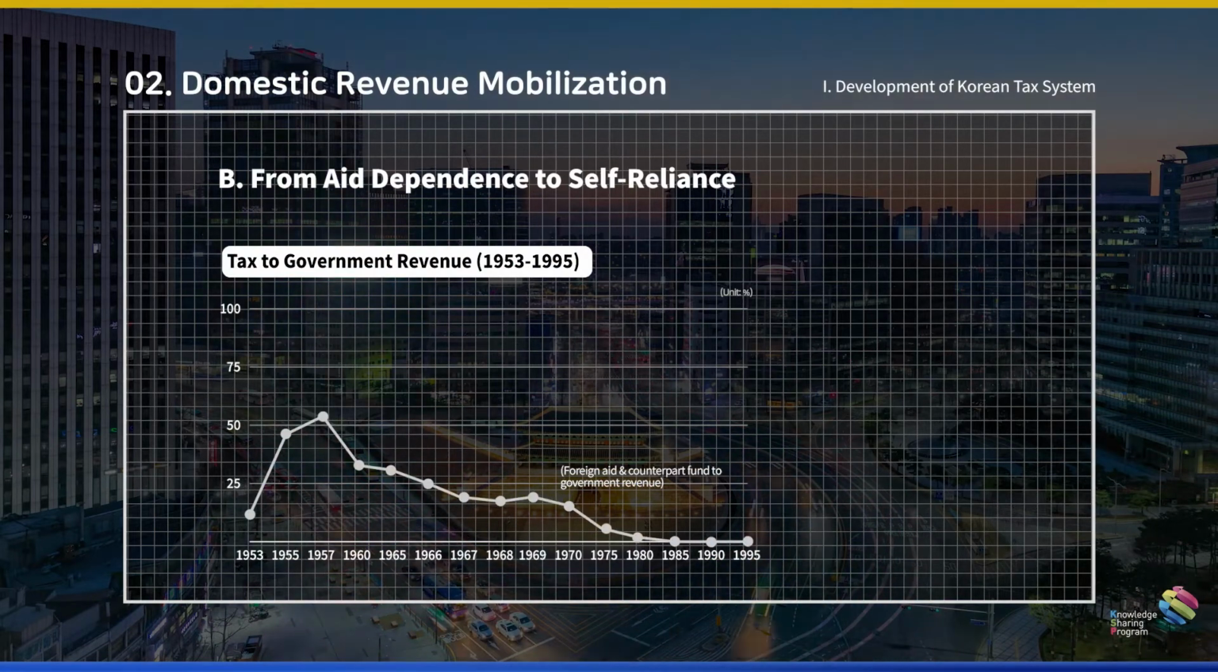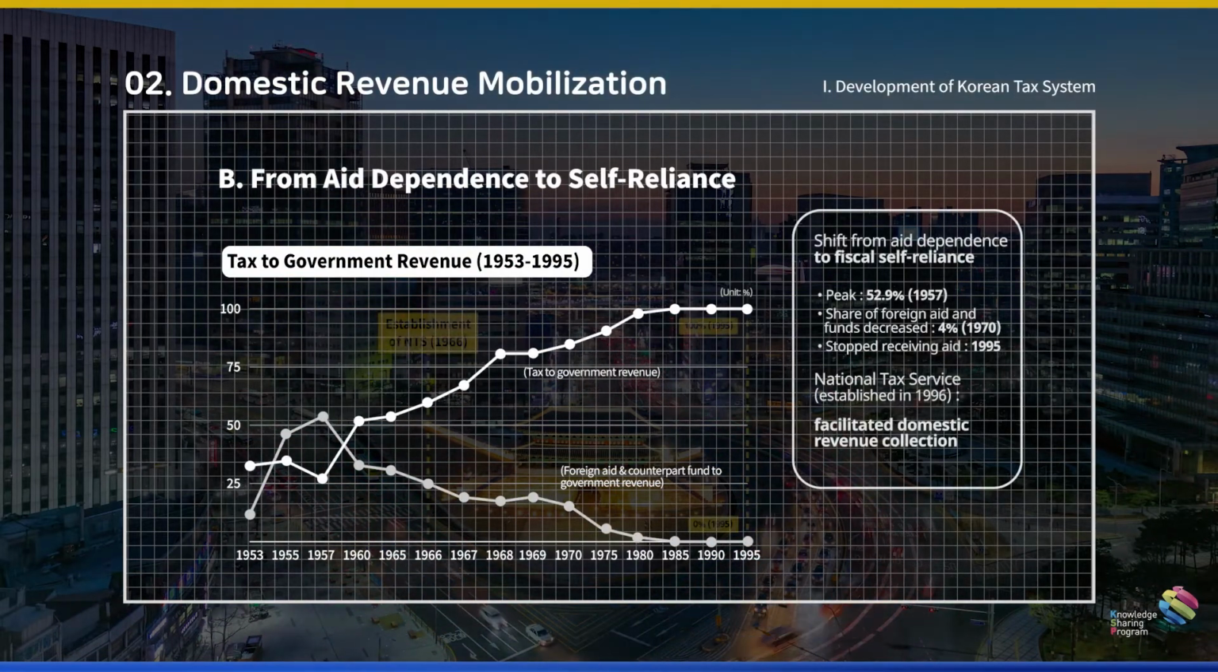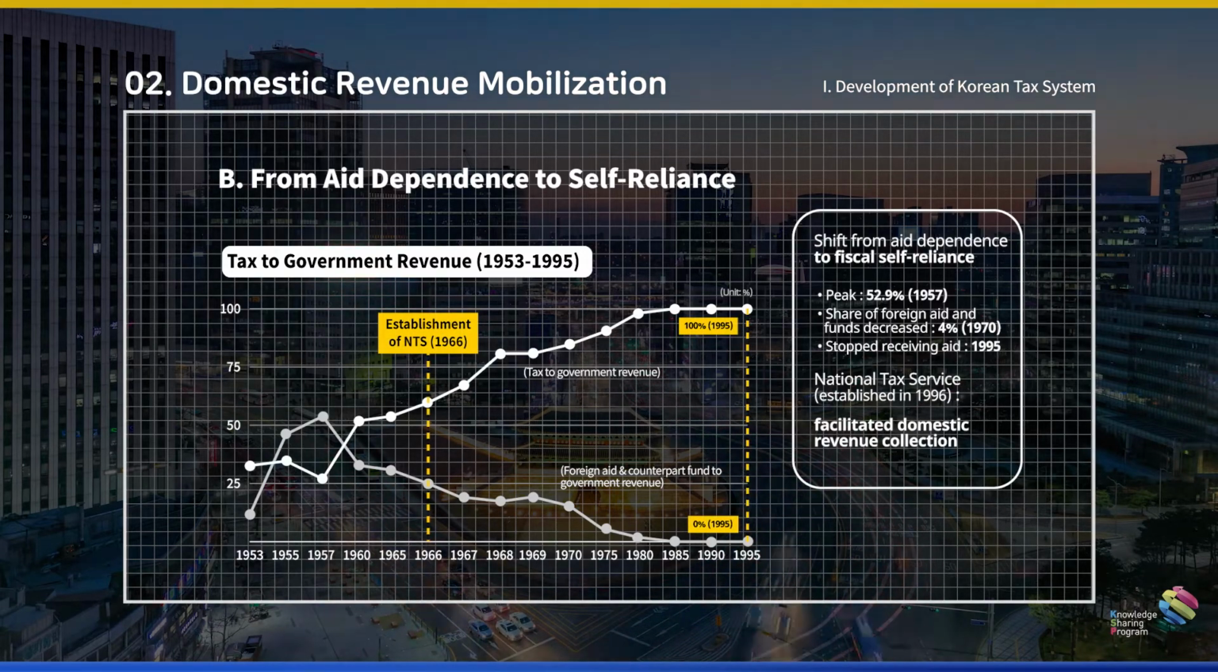After reaching a peak in 1957 of 52.9%, the share of foreign aid and funds in total government revenue decreased to 4% in 1970. South Korea officially stopped receiving aid in 1995. As you can see in the graph, along with economic growth, the establishment of the National Tax Service in 1966 was an important factor that contributed to the shift from aid dependence to fiscal self-reliance because it dramatically facilitated domestic